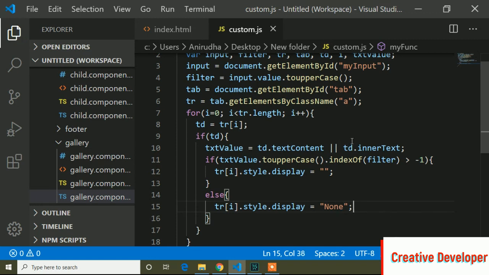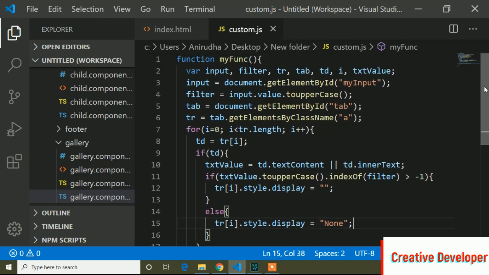Okay, save. And now I have a mistake here. Here it will be toUpperCase, U is the capital, and here also U is the capital.